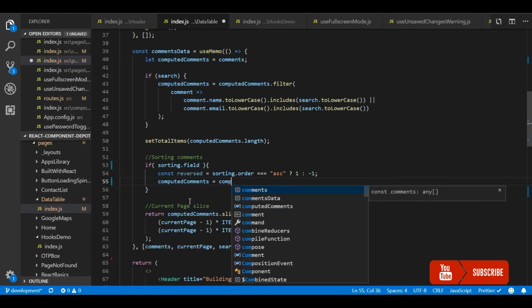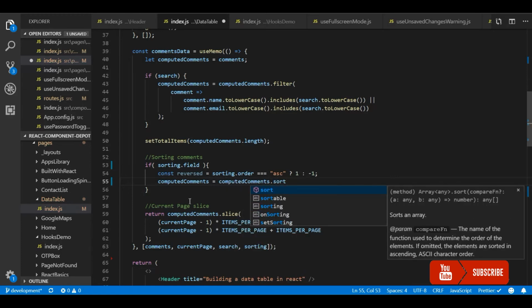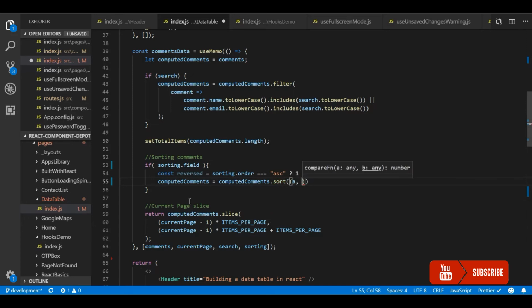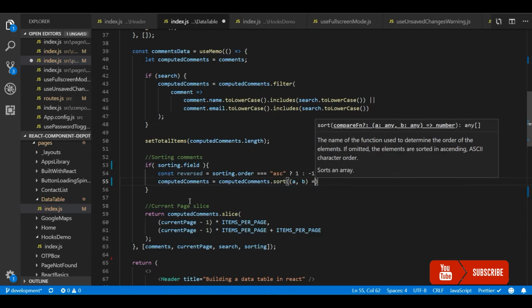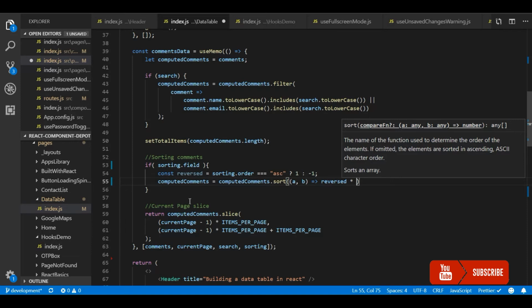So on the computed comments, the sort function accepts two parameters, the current element and the previous element, and we will decide based on the order how the sorting should happen.